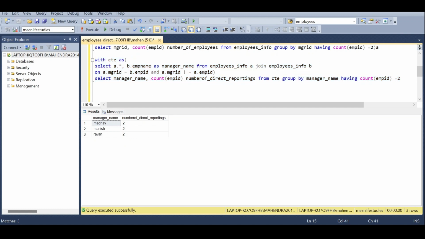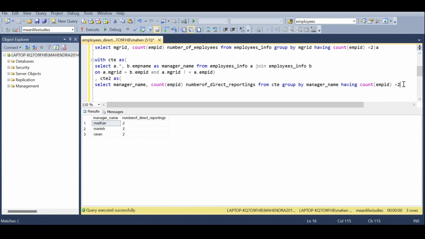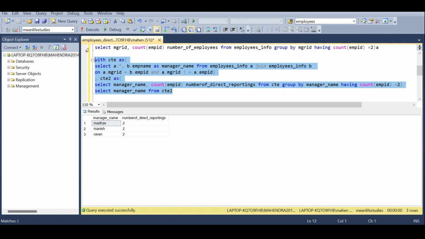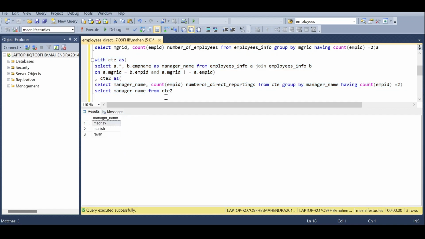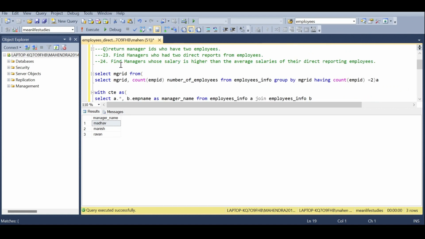Now we need to return only manager names. For that I'm going to assign this as city2, and return only the manager names who had only two direct reportings from employees. Select manager name from city2. If I execute this query, you can see here these are the managers who had only two direct reportings from employees. Now third question, that is, find managers whose salary is higher than the average salaries